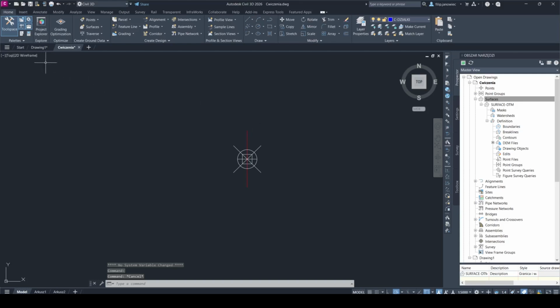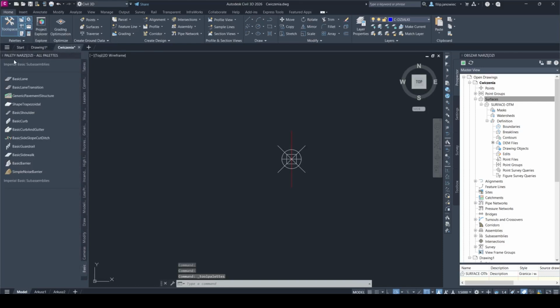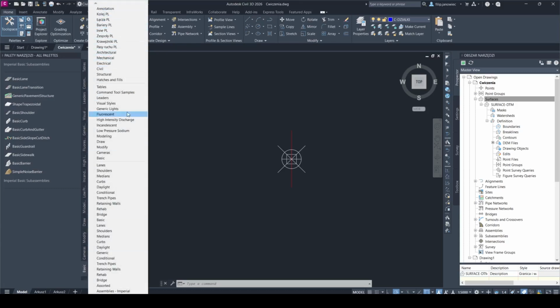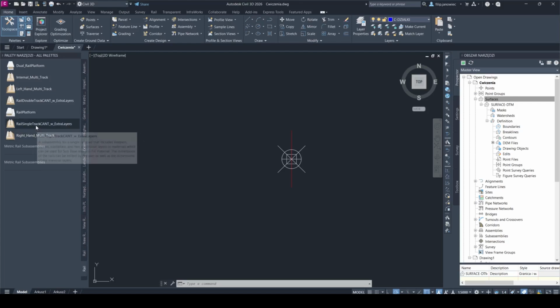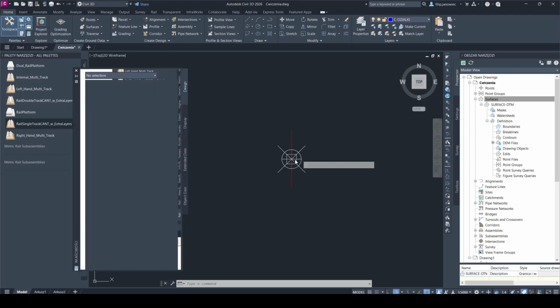And this assembly we must fill with some construction elements. To do this, we must open this window here, with the palettes of the sub-assemblies. This is the place where our country kit is used. If you didn't download the country kit, as I told you before, you just look for the railway sub-assemblies and see if there is any. I think there is a basic one, maybe rail single track, and after this you just click